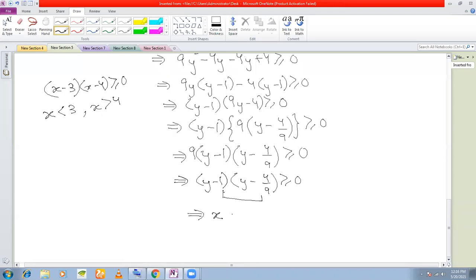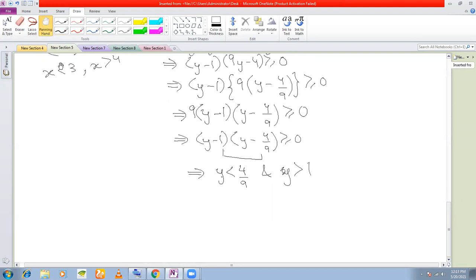So that means x must be less than the lower value, 4 by 9, and x, sorry, not x, y. Variable here is y. So y here must be less than 4 by 9 and y here must be greater than 1. So what does this mean? If y is less than or equal to 4 by 9 and y is greater than or equal to 1,